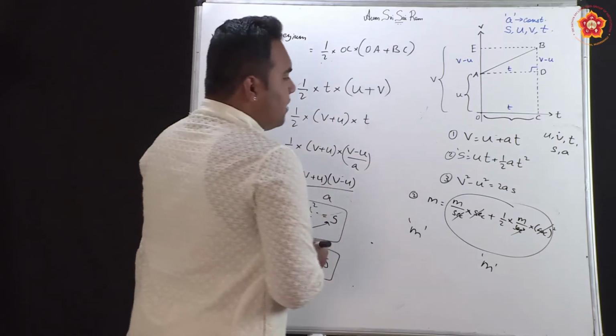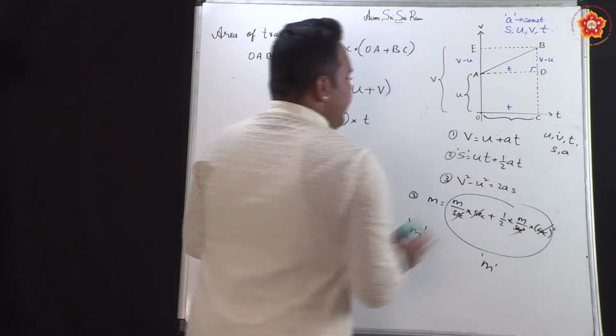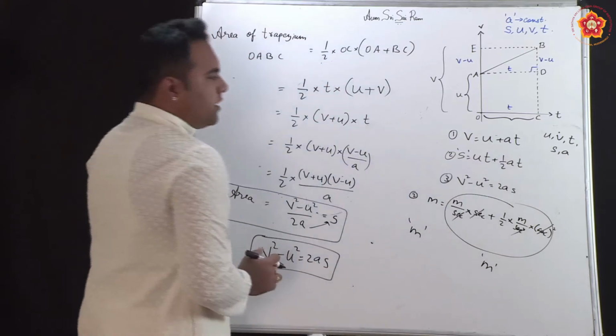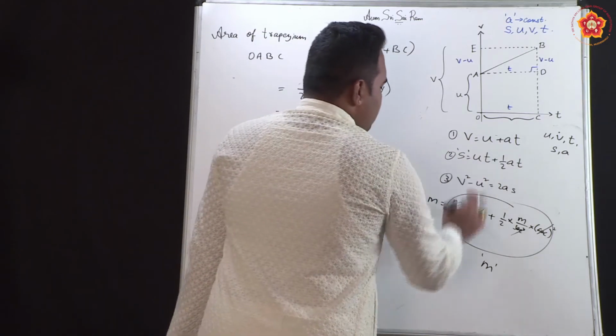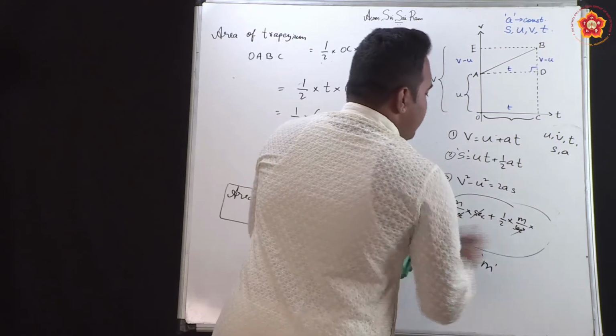Suppose when you are solving a numerical, instead of this correct expression, suppose you wrote only at and you are not sure whether this is at or at square. How can you know? At least by this method you can be able to find out. So meters per second into meters per second square into time will be in second now.